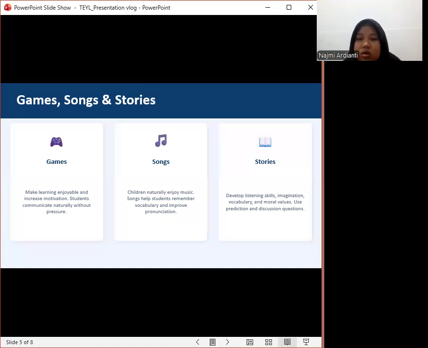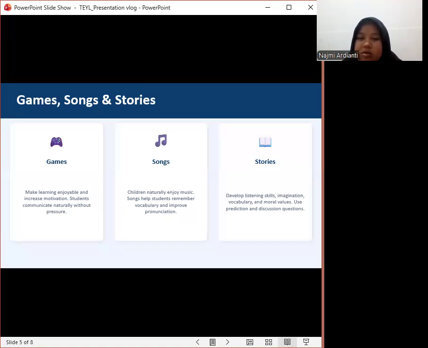Songs help children remember vocabulary and also improve pronunciation and develop listening skills. Because a lot of students, I think, especially younger ones, are audio and visual learners, so songs can help them improve their language skills.